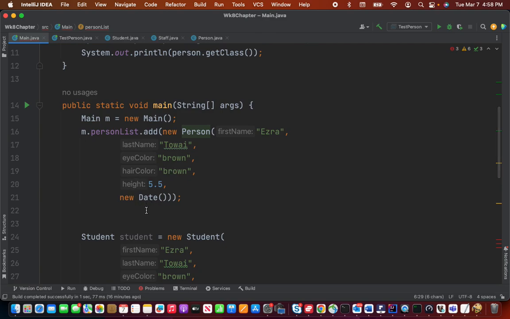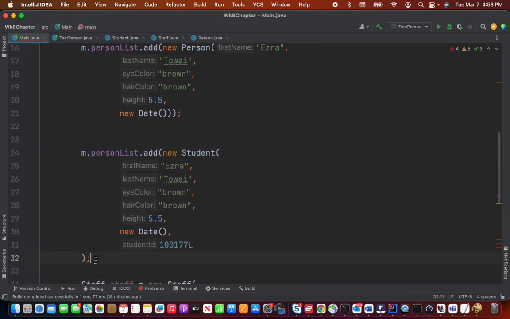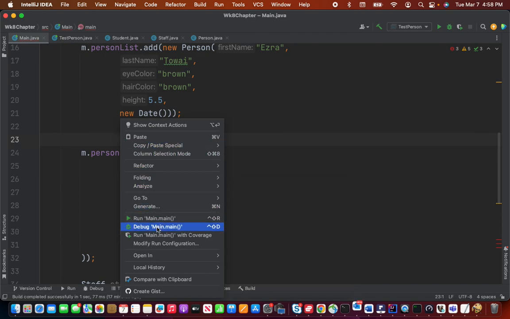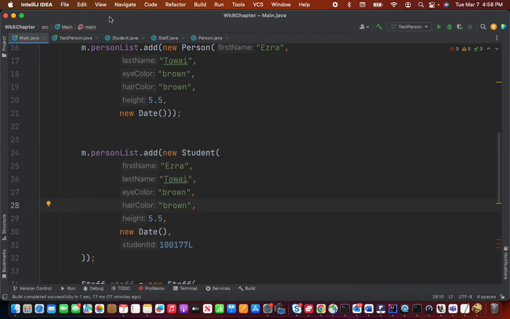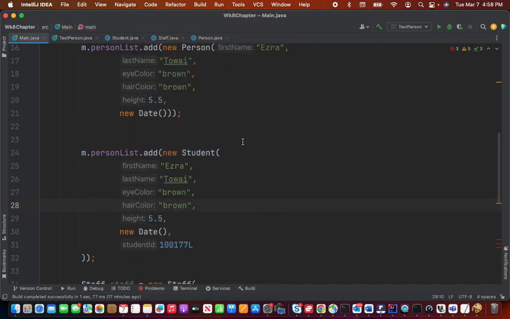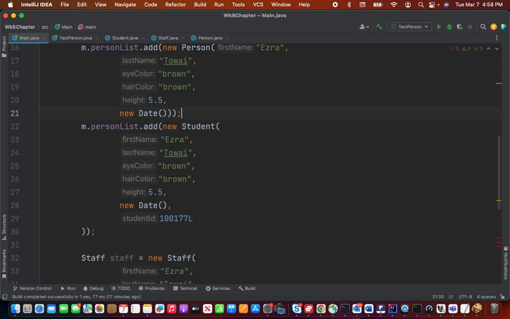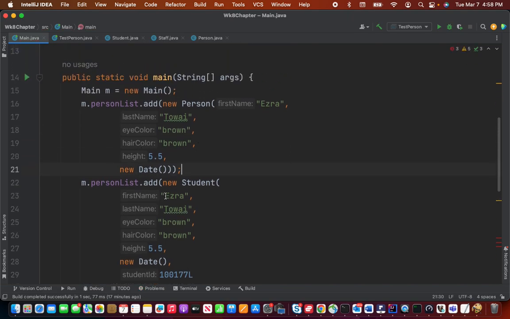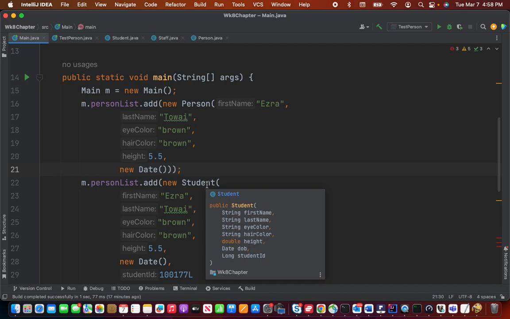All right, well, let's do this again. I'm just going to copy this information. I'm going to paste over top of student, and we'll come down here. We'll add a closing parenthesis, a semicolon, and kind of reformat my code again. So go to code, reformat code. Yeah, that's good. So now I've added a student to it,